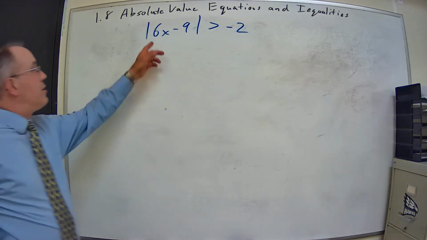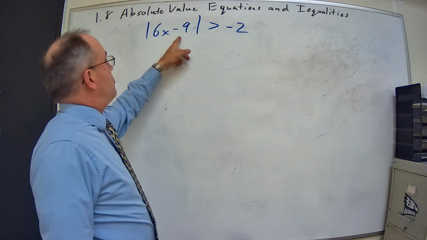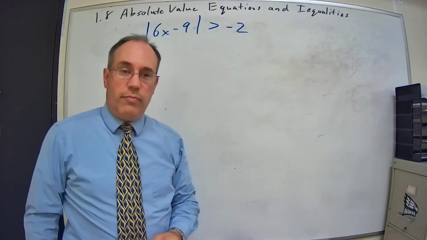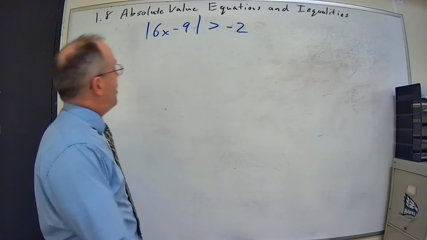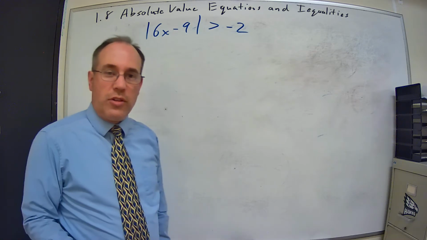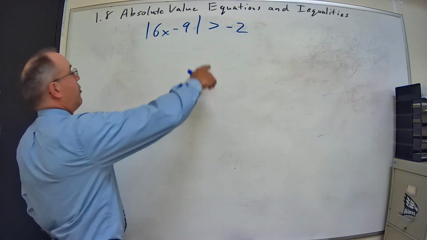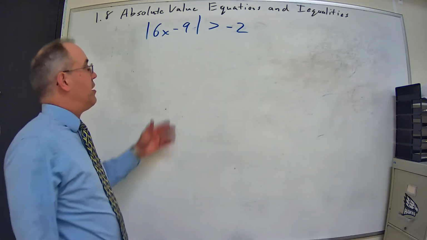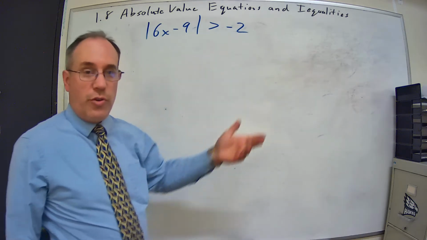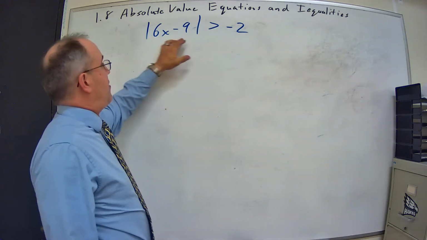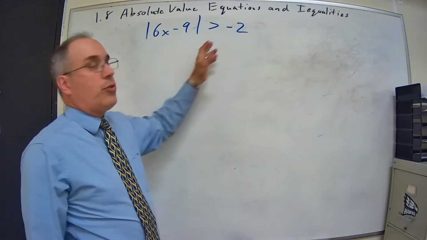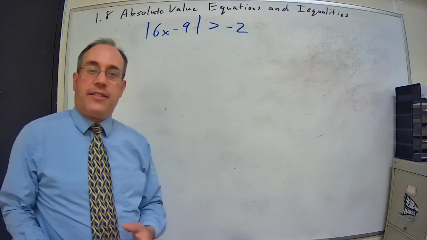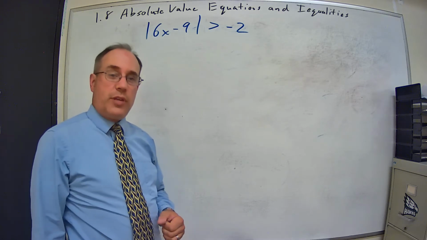is shown right here. So I have the absolute value of 6x minus 9 is greater than negative 2. Now you may look at that and go, Mr. Davis, what's so special about that? What are we going to do? Well, that's obviously, if we have the absolute value here, and we have that on the other side, you already told us that we set this equal to that, and we set it equal to the negation of that. Yes, that's what I said. What makes this a special case